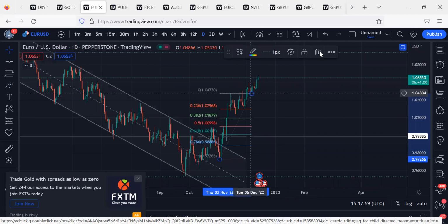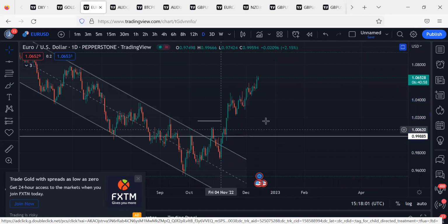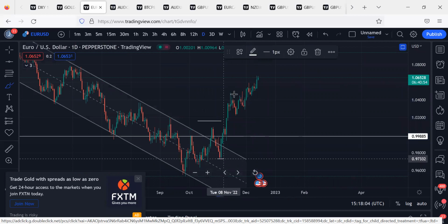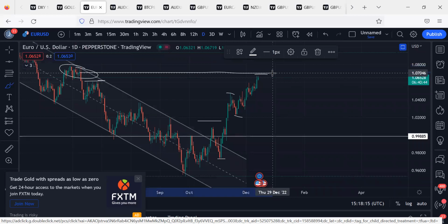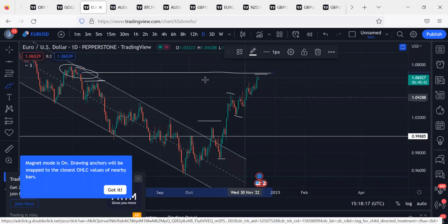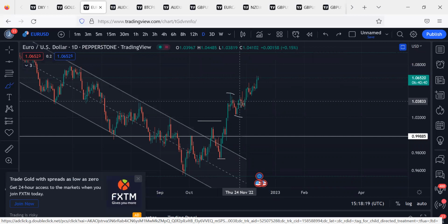So EURUSD is on a massive uptrend also. So this is our lower low, higher high, higher low. This might be a higher high. I don't look at the back. Somebody might just say, okay, there's another block here that might hold. Now, see what is happening. I might just break it up. So don't look at the back. Just flow the market until you are wrong. Until you are wrong. Are you getting it?